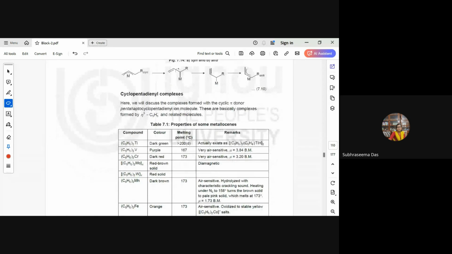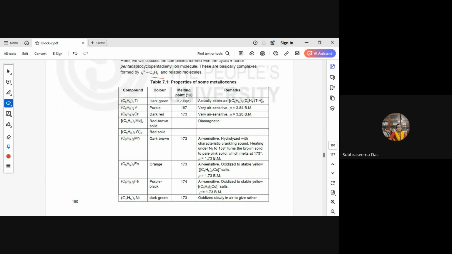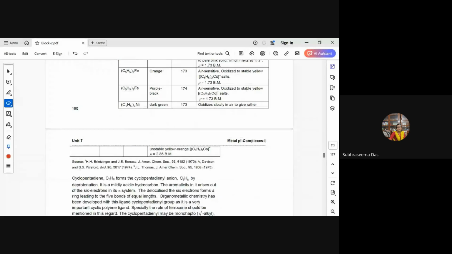Then coming to cyclopentadienyl complexes. These are basically formed by C5H5 minus and related molecules. These are some of the metallocenes that are formed by cyclopentadienyl complexes. Here we can see dicyclopentadienyl titanium. This complex is dark in color and it actually exists in this form. These are some of the properties of the commonly occurring